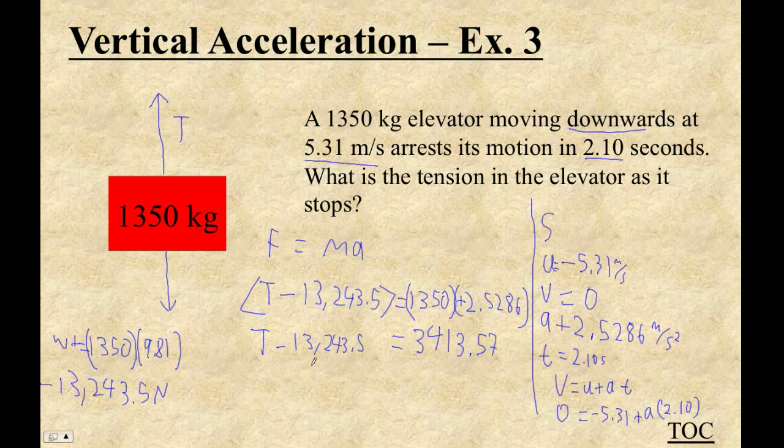Right, and now we're all set. I'm going to add this guy to that side, right? So plus, just adding that to both sides here. Do a little calculated work here, and I get that the tension equals 16,657.07. We have 3 sig figs, so I guess we have to say,